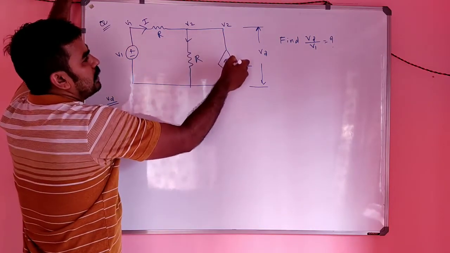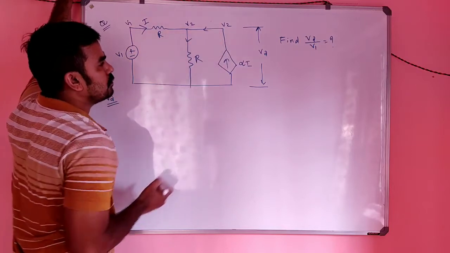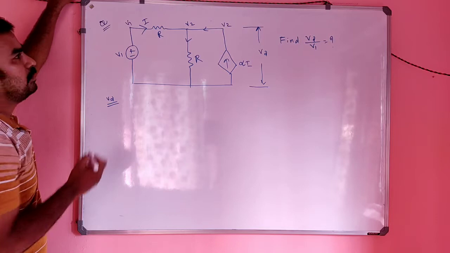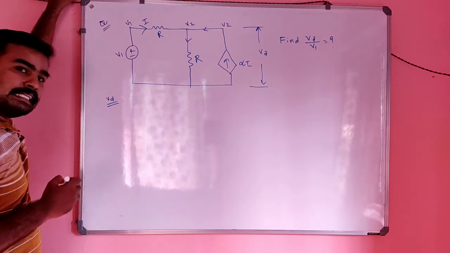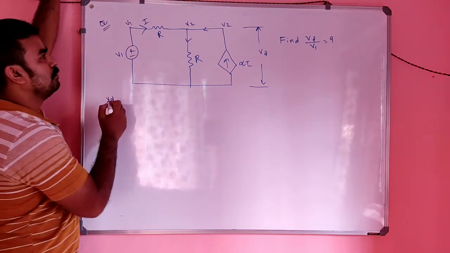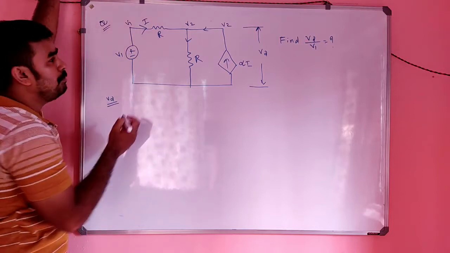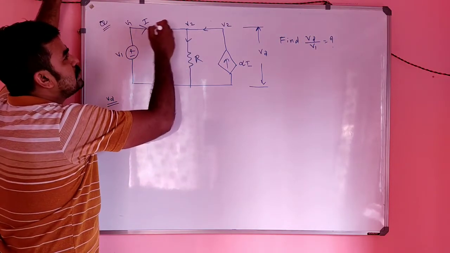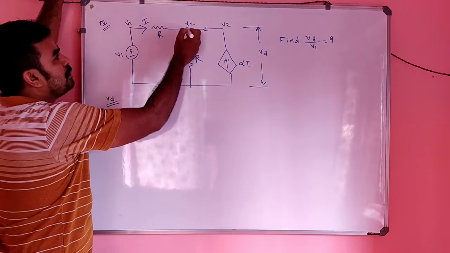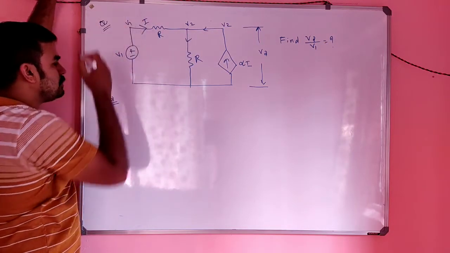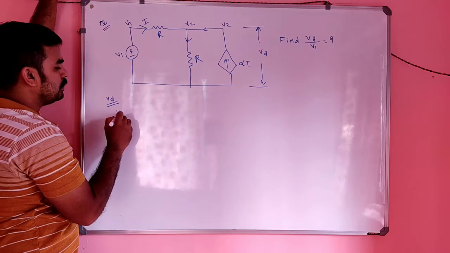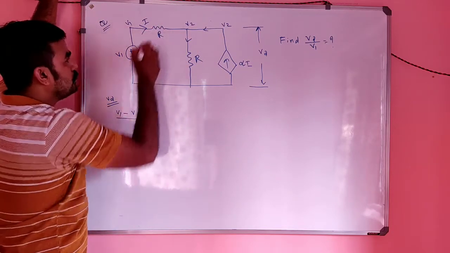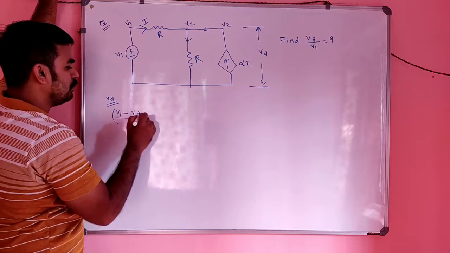So it is like this, and alpha into I, no? This is like this. So I can take the arbitrary direction, and let's start the nodal equation. Regarding this V2, what will be? There is an incoming current. That incoming current will be equal to, where it starts from V1 and where it ends, V1 minus V2 divided by R. So of course it will be plus, no?